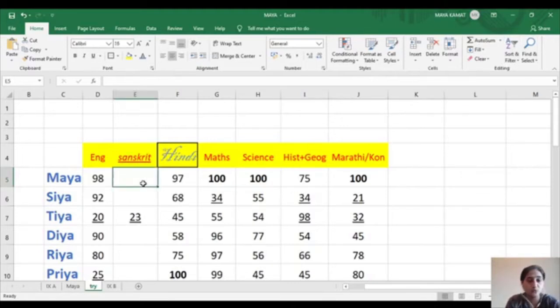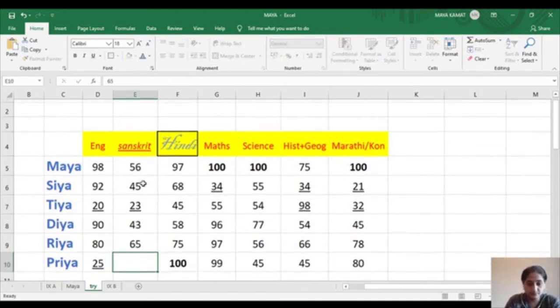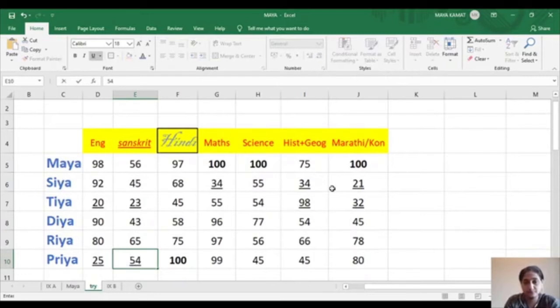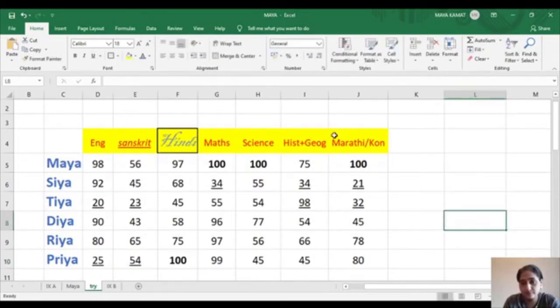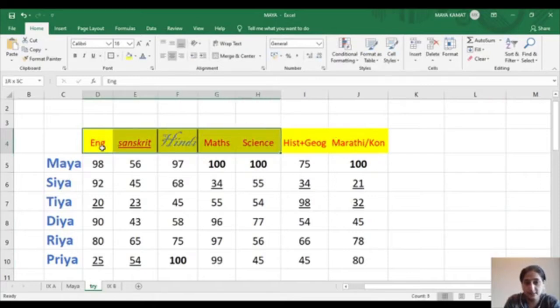Let's see now what it helps us to do. First, I'll make an entry here. I am selecting all the subjects in line. I will say filter.